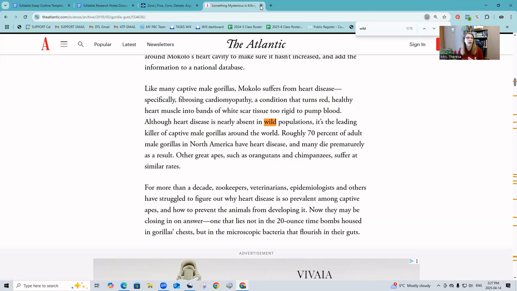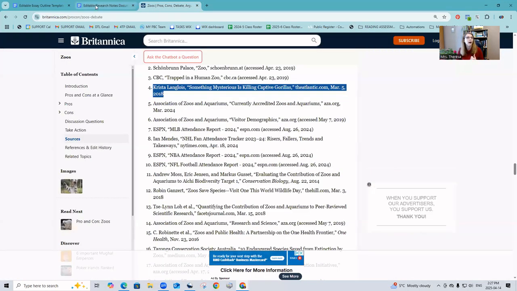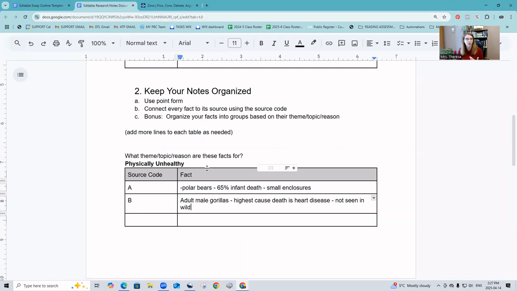All right, so we could do that, but we're not going to today. All right, so that's how we would keep that information. It's really important that we keep this information organized. If you have one massive table with every fact that you found that you might use, it's a really big job to go through it and try to figure out what you're going to use and try to organize it. And even worse, if you try to start writing from that. Like, that is not how you do an essay at all. So we want to organize it.